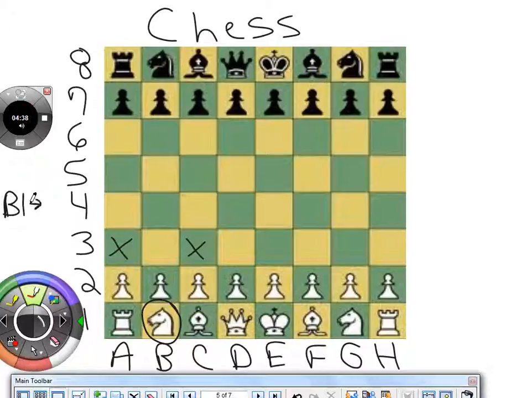I'm going to move it to B1, from B1 all the way to C, 1, 2, 3. So I'm going to move it to C3. Or that's pretty much the only one I can move. And then I can move all the